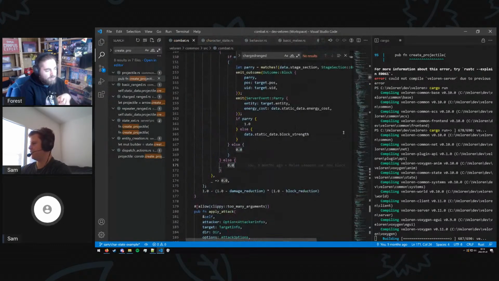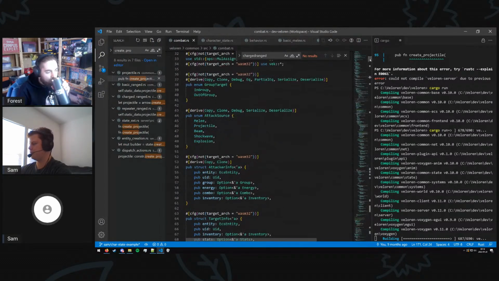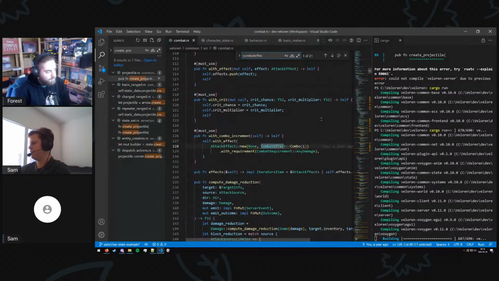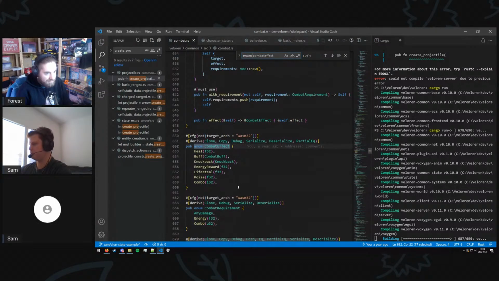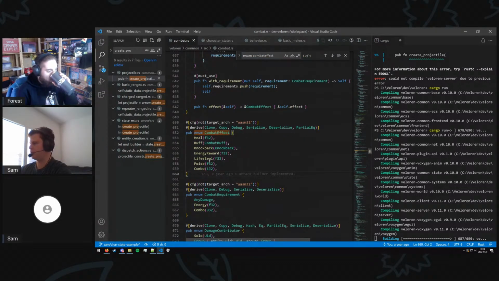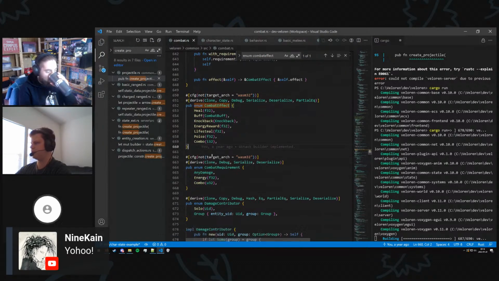Yes, so a while ago I extracted out a lot of the combat info and effects that can exist. So it's made it easy to add new effects pretty quickly. Here's a list of the current combat effects that are supported. You can add a healing, a buff, knockback, energy reward, lifesteal, poise, or combo. And so